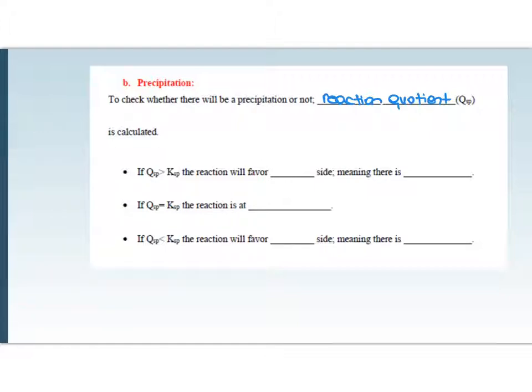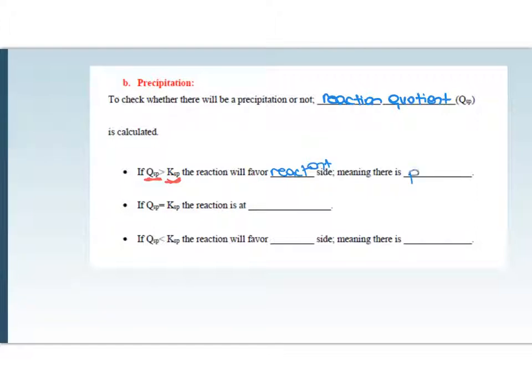We're going to do the same thing here, but only the words that we use are changed. For example, if QSP at that moment is higher than KSP, the reaction will favor the reactant side,